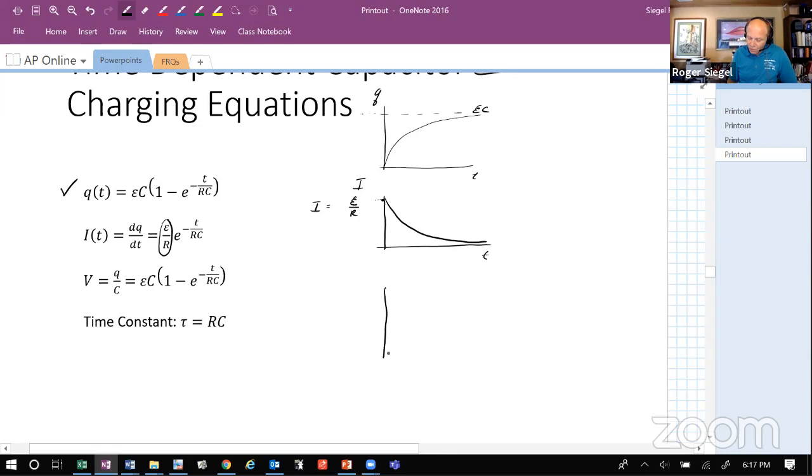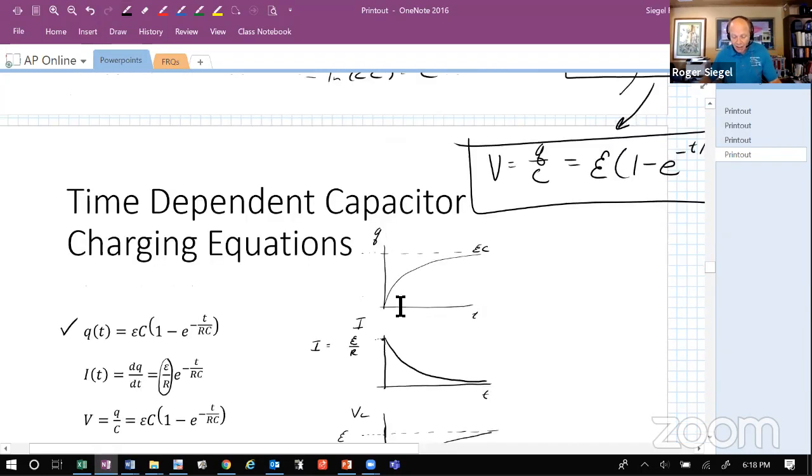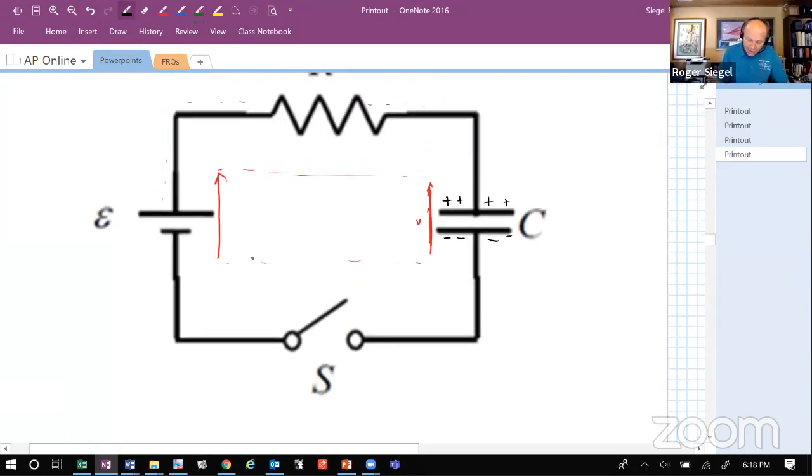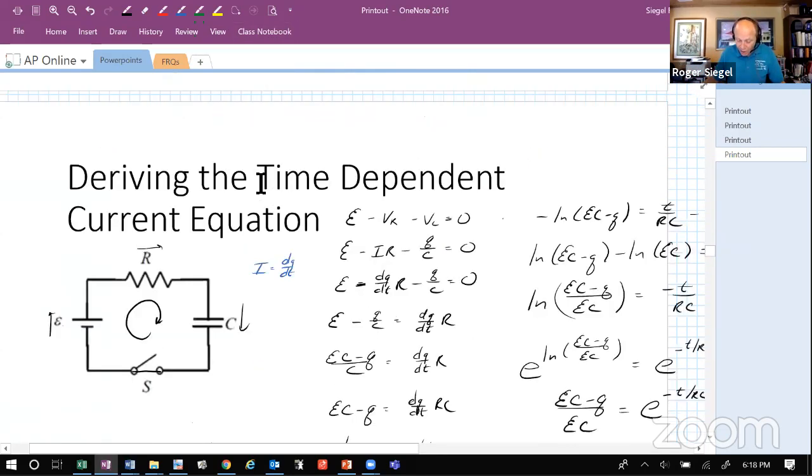And finally, the voltage down here. And I want you to think about this too. What's happening? Remember what we said before, that this is our voltage across the capacitor, and the value that it's approaching is the EMF exponentially as a function of time. And why is that? Well, remember what we were saying here is that this voltage gets bigger and bigger and bigger until it equals this, until these two, the left and the right, balance out. They are both equally of high potential, and so we have no more current flowing.